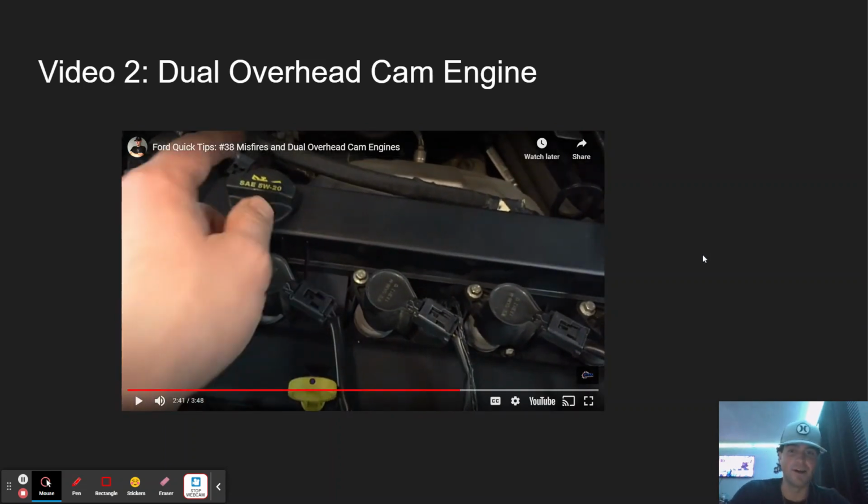So that's really, I just kind of wanted to give you a quick look, just because I couldn't do it myself. I wanted to give you a good idea of what the DOHC actually looks like in the Ford Escape. So that was the whole point of that video. But moving forward,